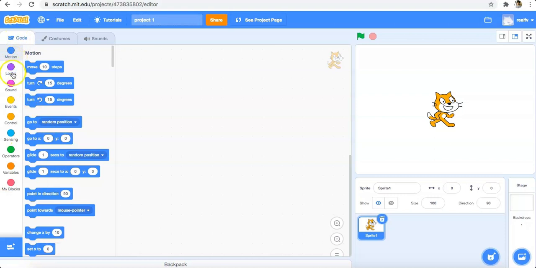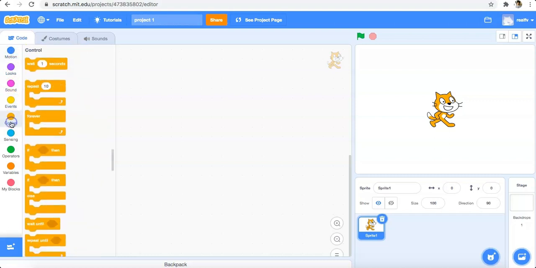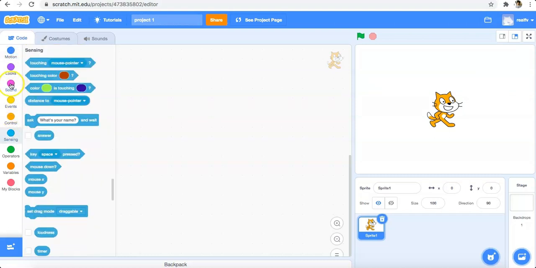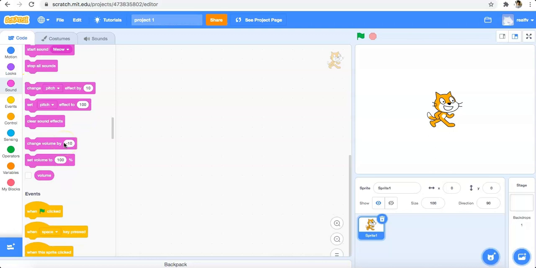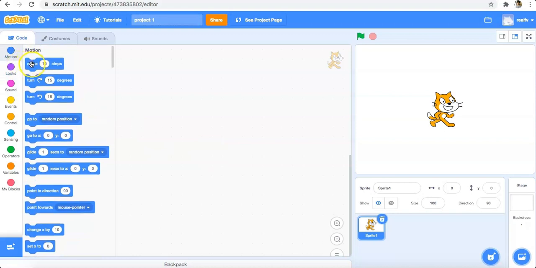For example, motion, look, sound, events, control, sensing. So for example, if you click on sound, then you will have a corresponding code in the form of blocks. For example, play sound meow until done, and start sound. So different types of code you can use in this second component, that is the workspace, the project editor. So you can basically drag this and drop here. For example, if you click this move 10 steps, then you can see this cat has moved 10 steps,